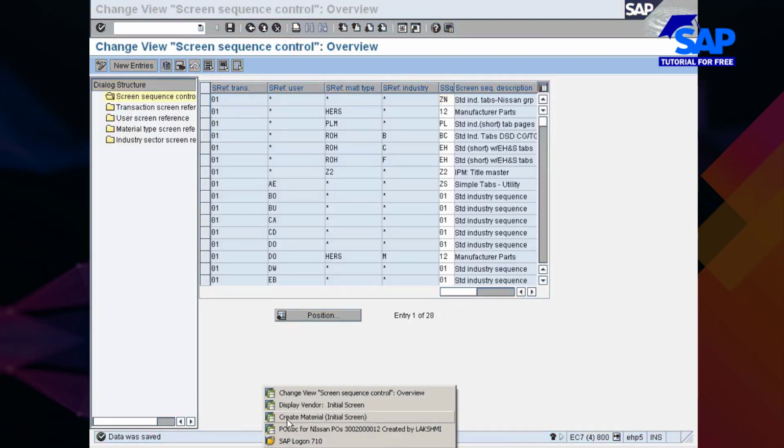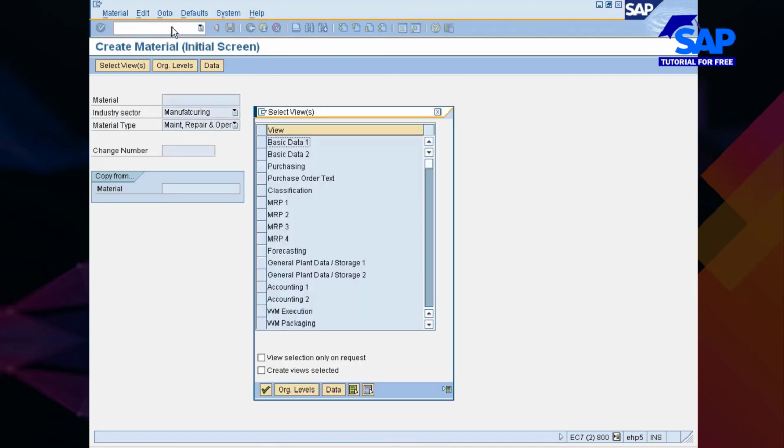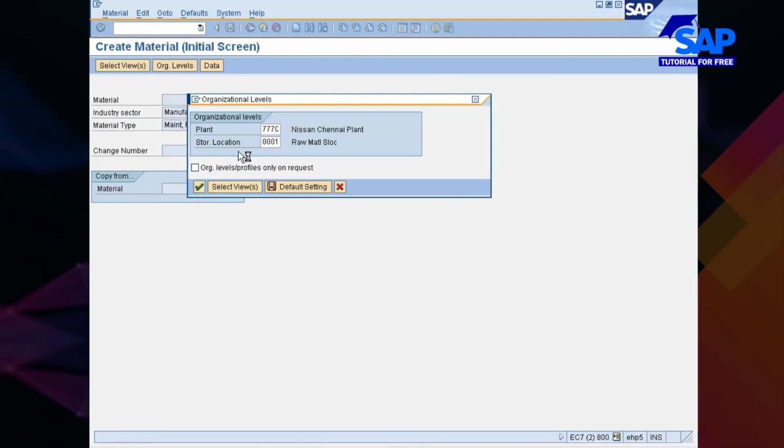Now let's go and create the material. /n mm01. Okay. Basic data 1 to purchasing. General plant data 1 to accounting. 77C is the plant in which I wanted to create my own material.